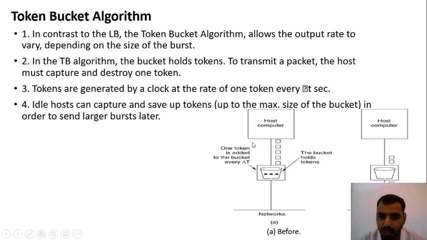This is a host, and this is what you call a token collector or a bucket, in which one token is added to the bucket every delta second. These are the queue, and see the host computer and the network, after it processes, there were 3 inputs, let's process 3 outputs for every token second. So this is the major difference between token bucket and leaky bucket types of congestion algorithm.